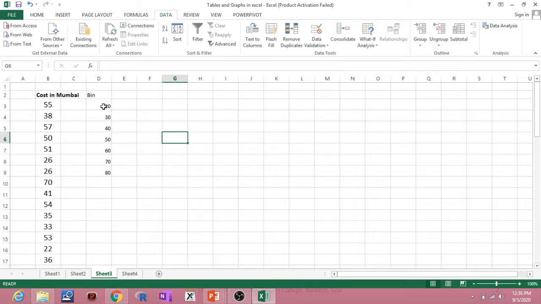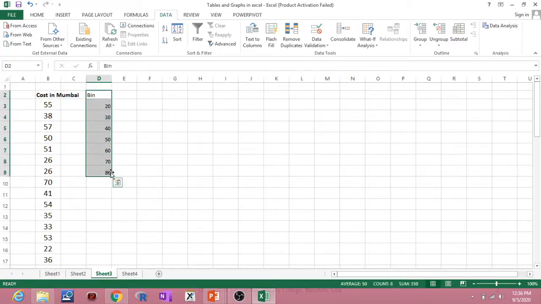Now I'm not really writing them in the actual class form, 10 to 20, 20 to 30, and so on. That is because Excel does not recognize the non-numeric values. So initially, for the sake of creating the histogram, we'll write down the values like this. So when I say 20, I mean all the values which are less than 20 here. 30, the values which are between 20 and 30, and so on.